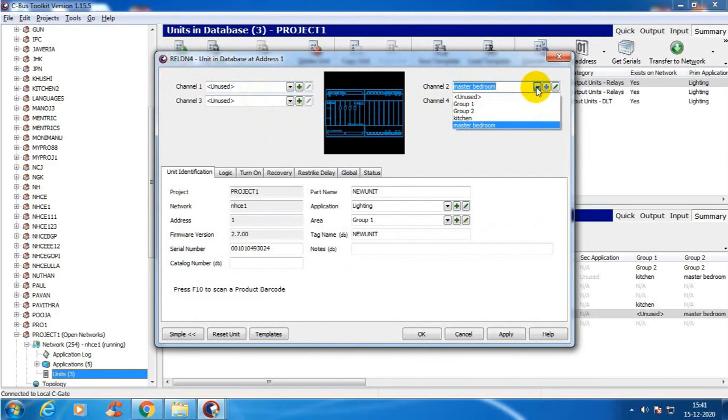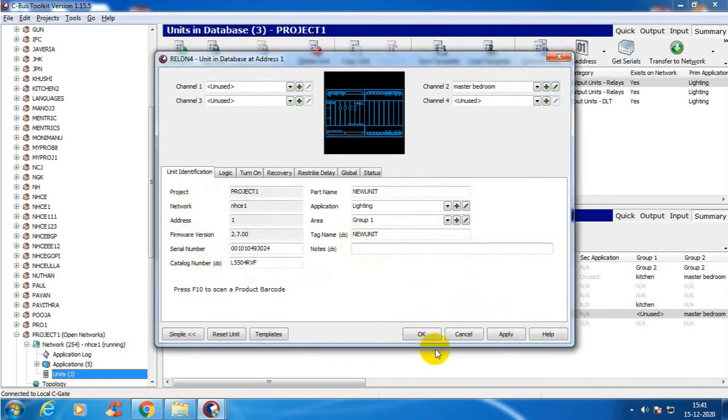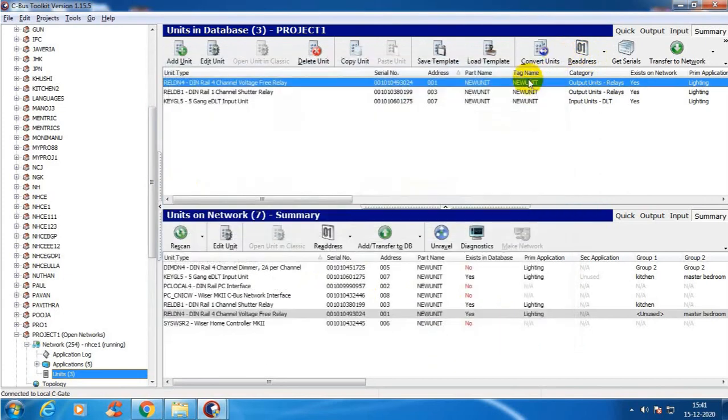Only I am selecting this channel 2 as master bedroom. And here your project available is project 1 NHCE, and everything is available. Then apply. Okay, save to database. It is already saved.